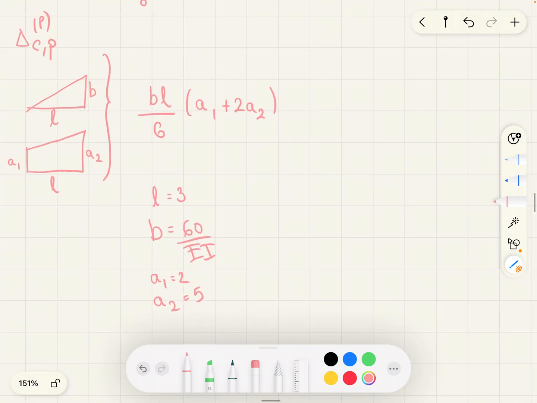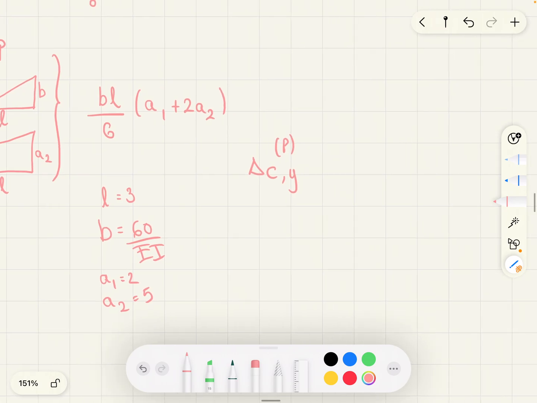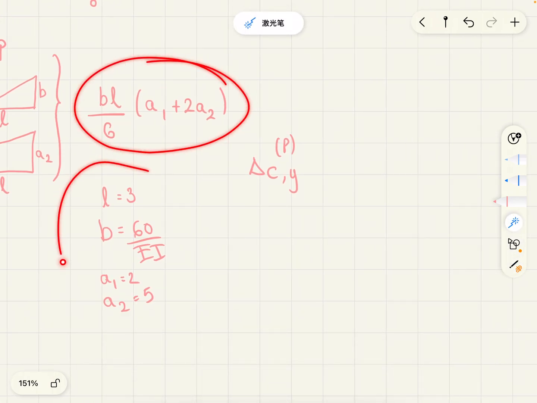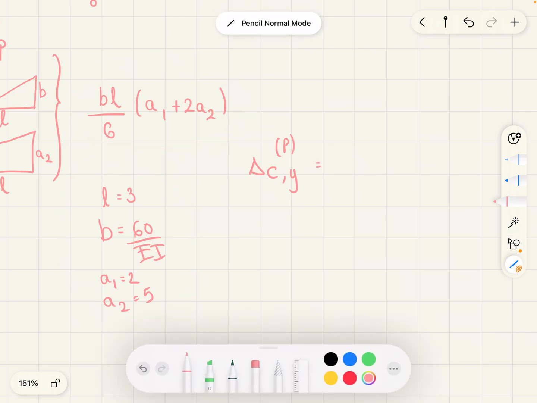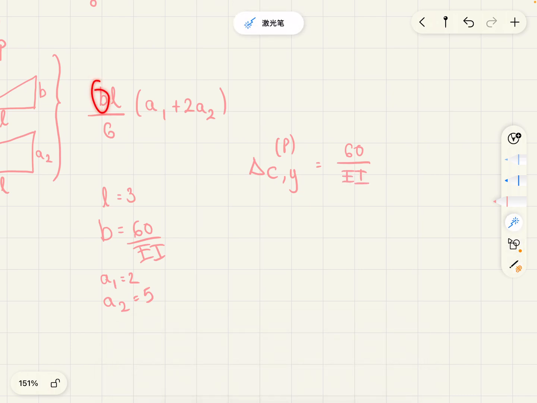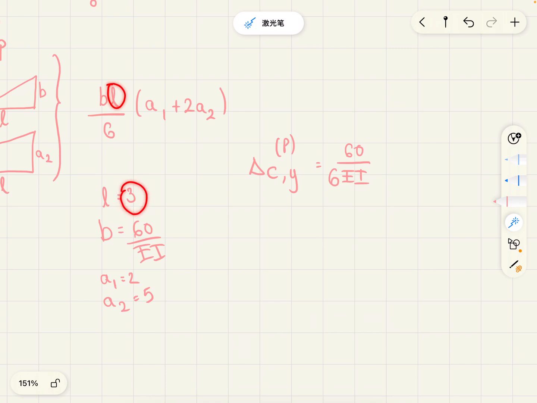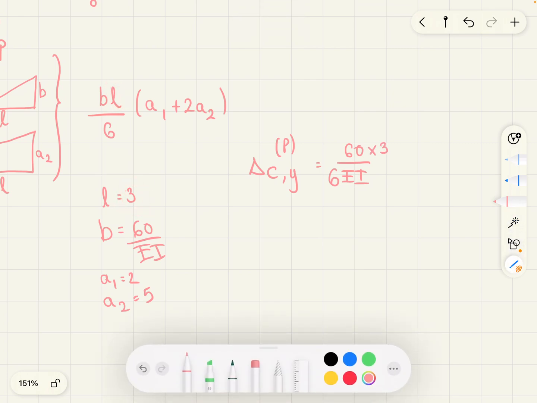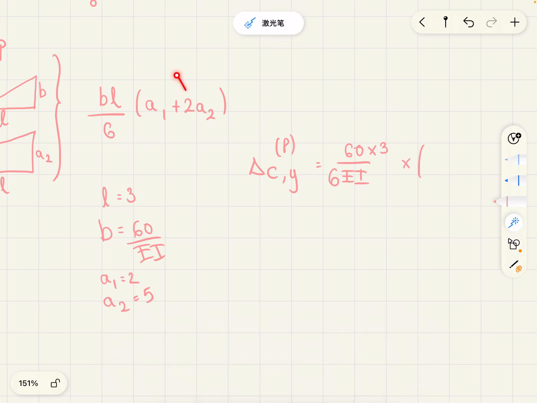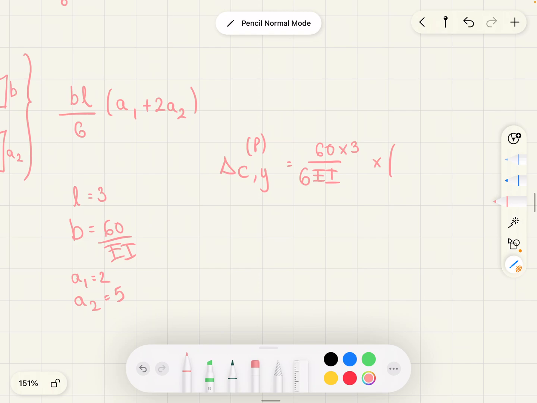Now we can find the deflection at C in the y direction due to P by substituting into this formula these values. So B is 60 over EI. Let's write the 6 on the denominator and the length as 3 multiplied on the numerator, so 60 times 3. Then we multiply by this bracket, A1 plus 2A2. So A1 is 2 plus 2A2, 2 times 5. And when we simplify this, we have 180 over 6EI